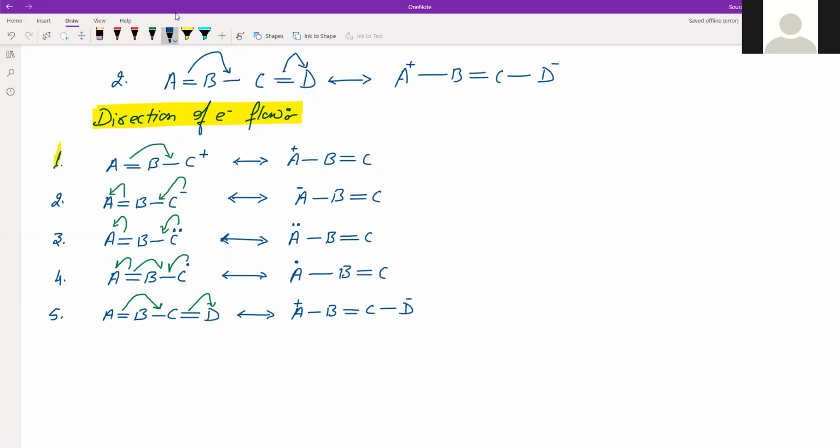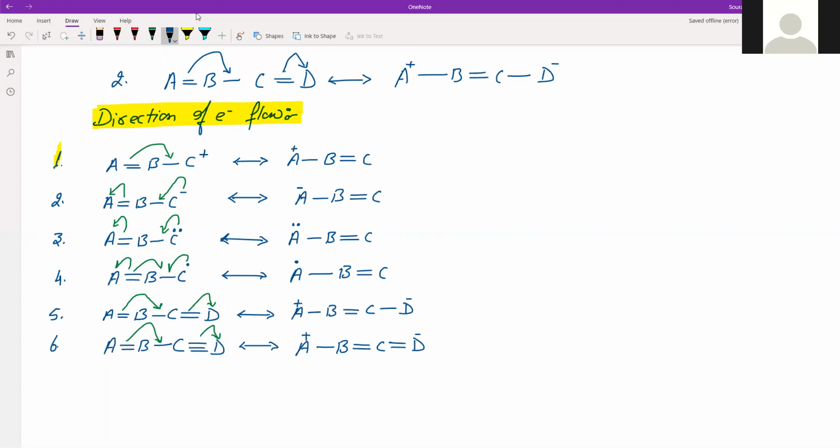And same thing will happen if there is A double bond B, single bond C, and a triple bond D. So it is similar from here to here and from this double bond to this single bond. So what we'll get is A single bond B, double bond C, and then C will have only double bond with D. And again, because D has taken a lone pair, so negative charge, A has lost the bonded pair of electrons, so that's why plus on A,